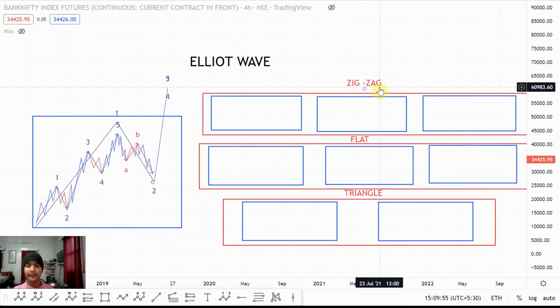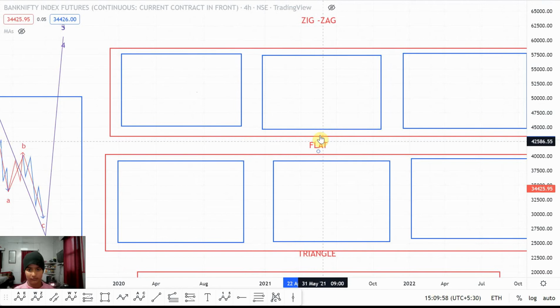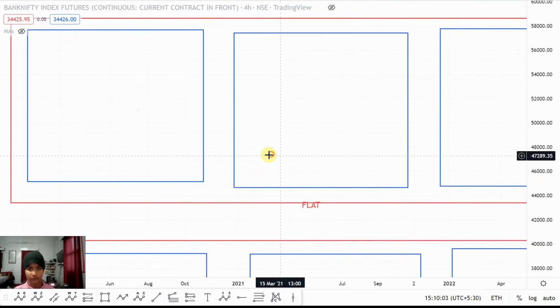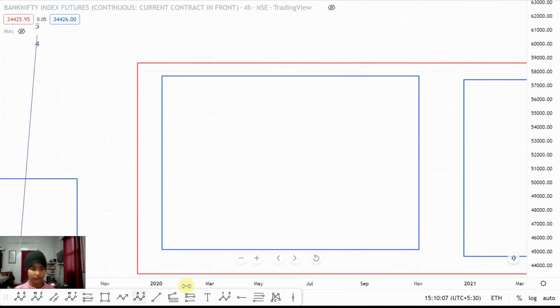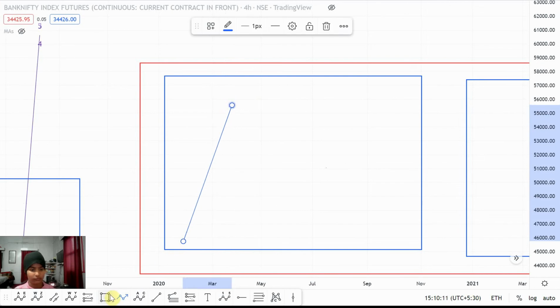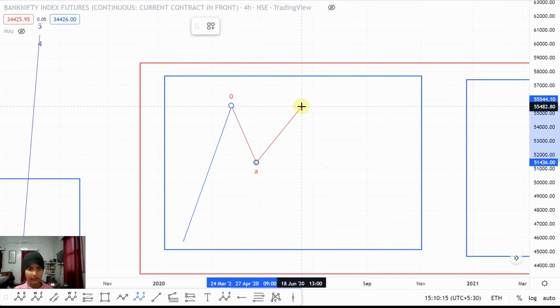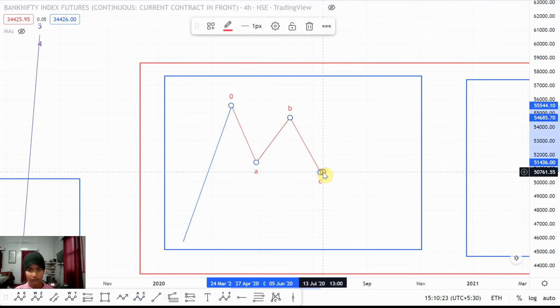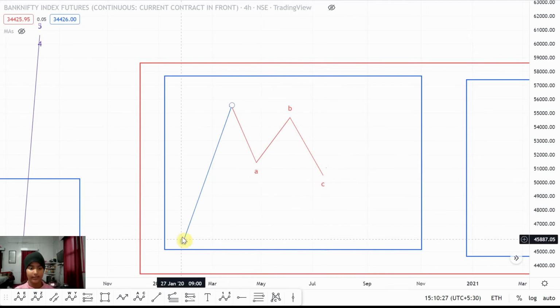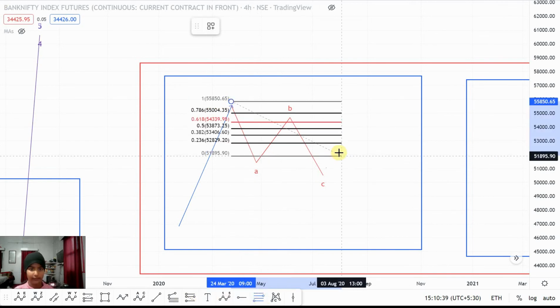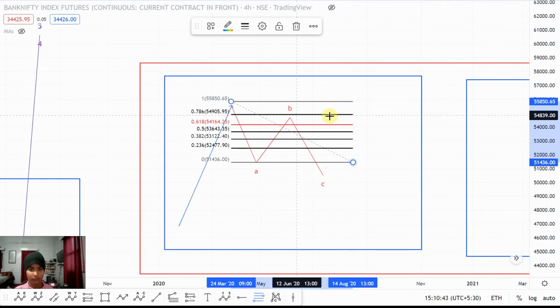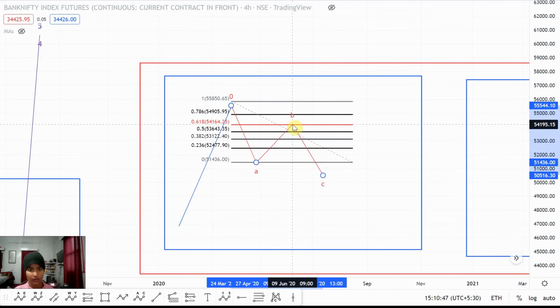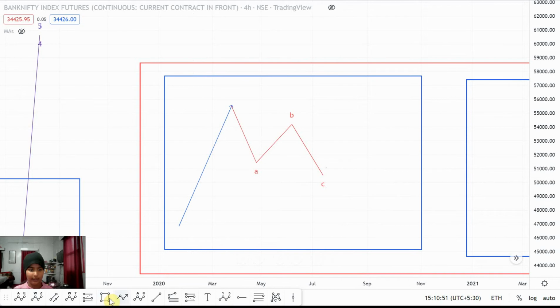So first let's discuss our zigzags. For this first one, I'll mark it like this, A, B and C zigzag, and we'll put our fib right here. B at our golden ratio level, and our C wave,